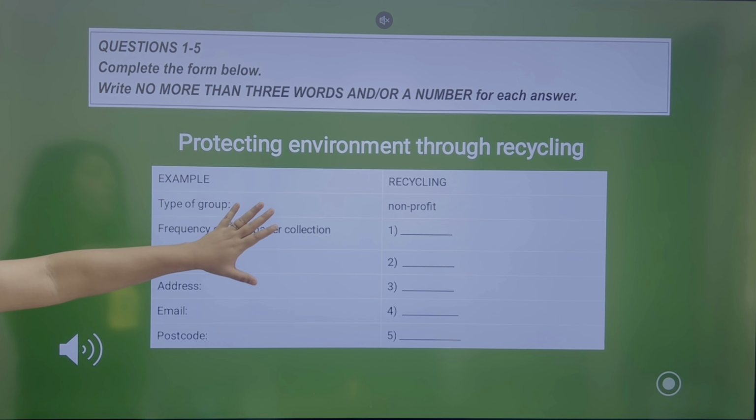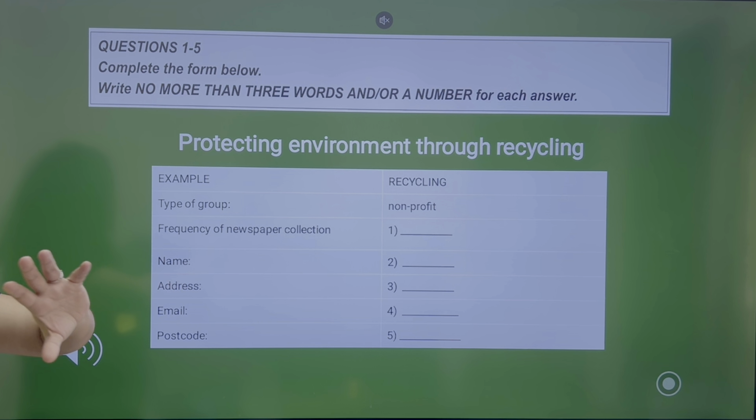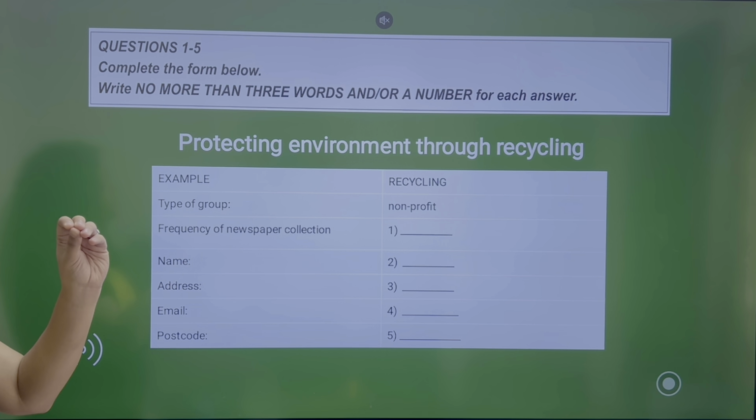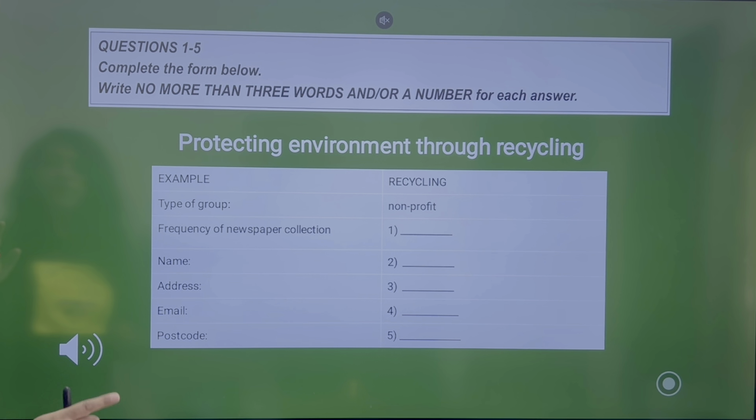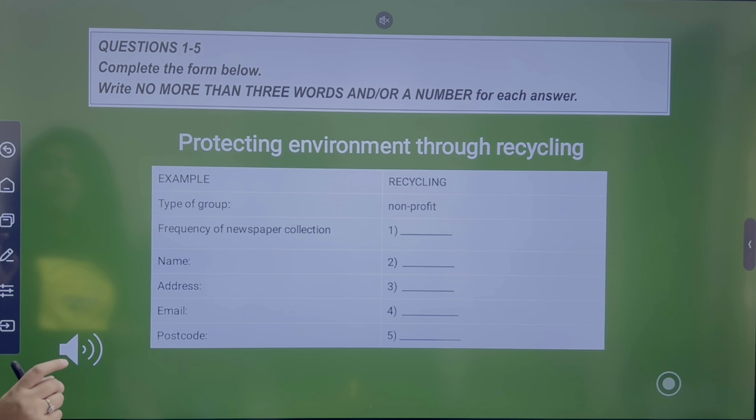and now I'm going to play the audio for you for this part. And in this audio, first you will hear some very clear instruction